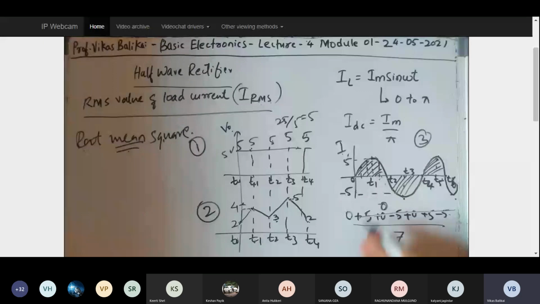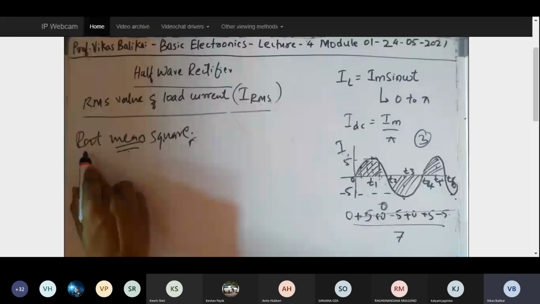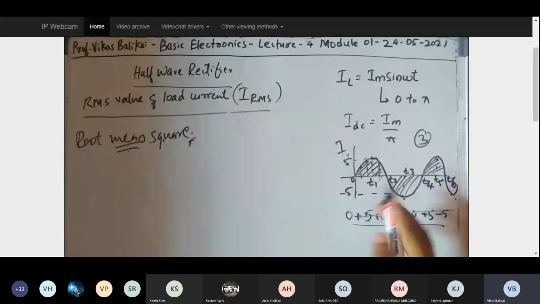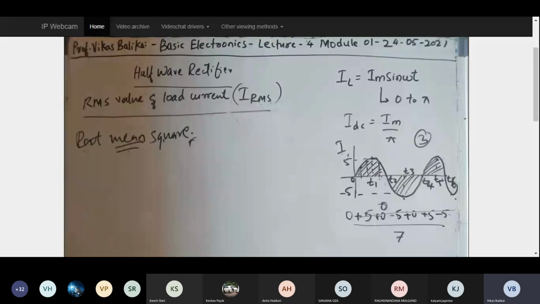If I try to apply the concept of root mean square to this same equation, this same averaging: mean is nothing but a kind of average only. I do the average, but here I use the word mean because the distribution is happening depending on the nature of the waveform. That is why I use mean, nothing else. What I do is an average, only the name I give in a different way.